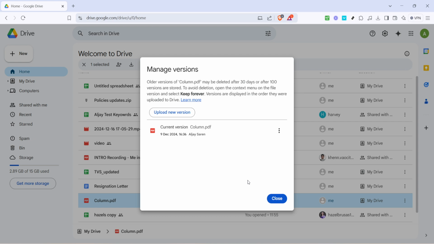And there you have it, your file is hidden in plain sight, cleverly disguised by an image you chose. This method keeps your file discreet yet accessible for those who know where to look. It's a creative, subtle way to manage file visibility within Google Drive.